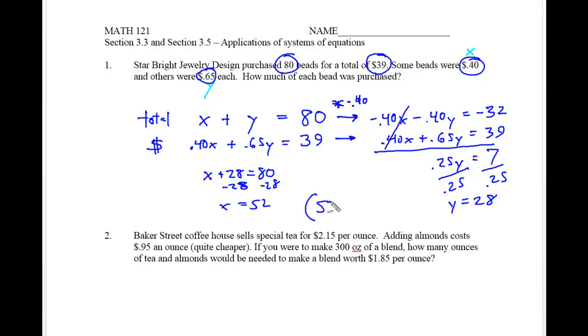So my answer in this problem is going to be 52 x beads and 28 y beads, which total up to 80. And if I wanted to check my answer, I would multiply my 52 beads by 40 cents and my 28 beads by 65 cents and see if that equals $39. And it does. So that's the end of that, and we will now take a more difficult problem that uses